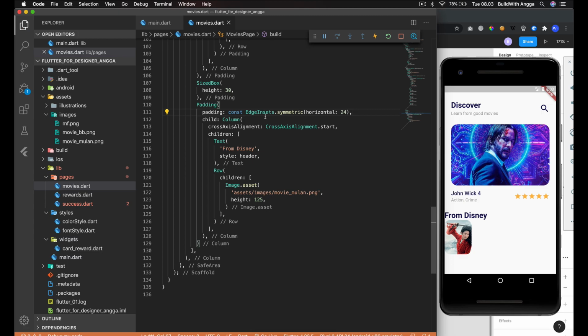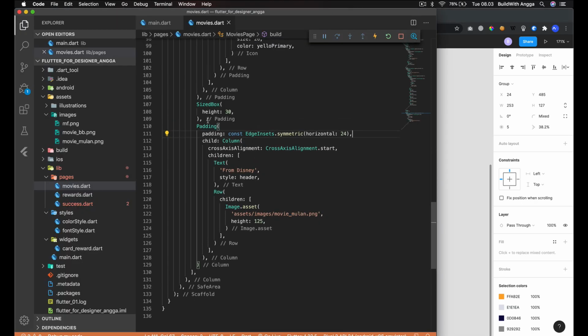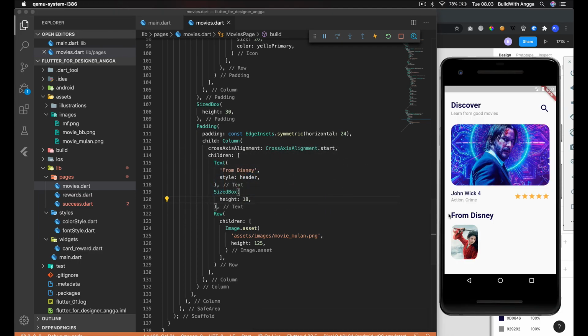It's gonna be much faster for us. And this is the margin that we're gonna need, 20. So we just need to copy and then just put right into here, I guess. Yeah, just go with 18. Okay, cool. So we got this section, right?